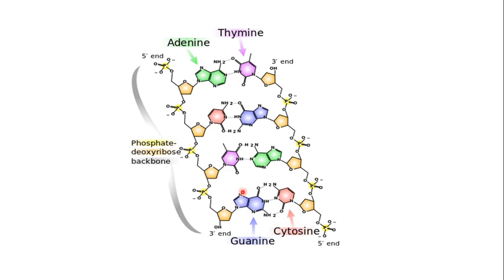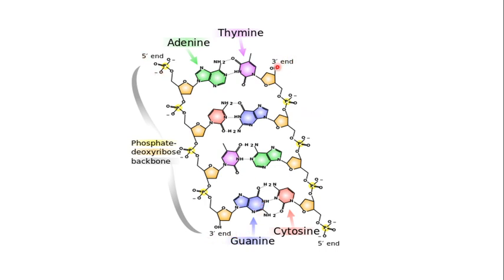Now these 2 strands of the DNA are anti-parallel in nature. By that I mean that one of the strands runs in the 5' to 3' direction, and the other runs in the 3' to 5' direction. Now if you can see over here, the position where the phosphate group is not attached to anything is known as the 5' end, and the position where the hydroxyl group of the sugar is free and not attached to anything is known as the 3' end. So as you can see over here, the 5' end is free. So this is the 5' end, and this is the 3' end.